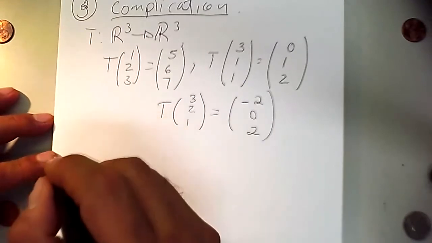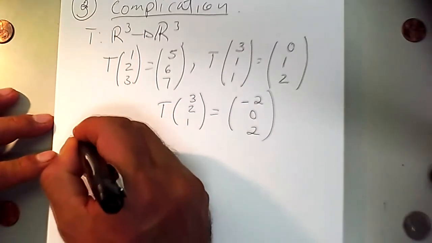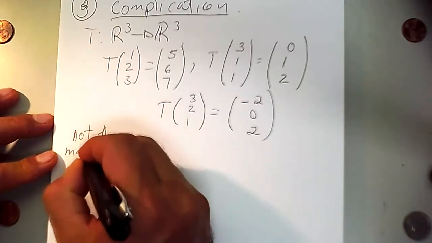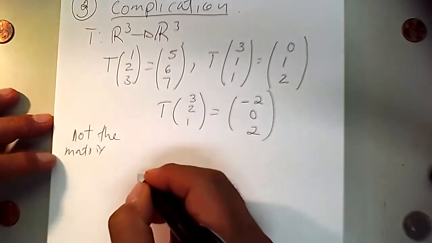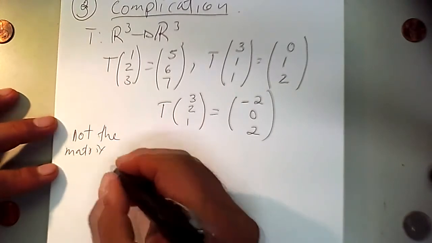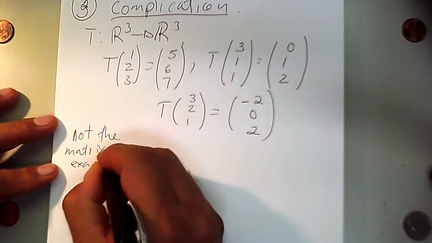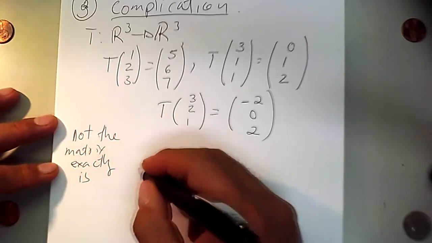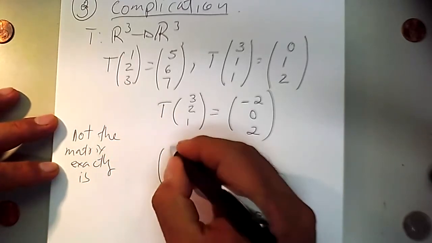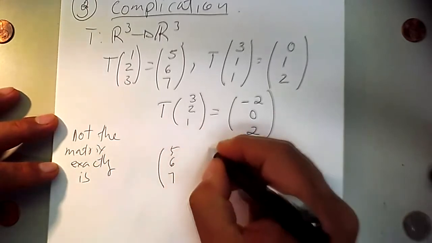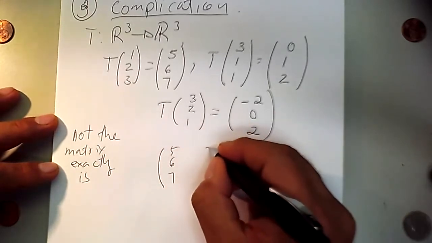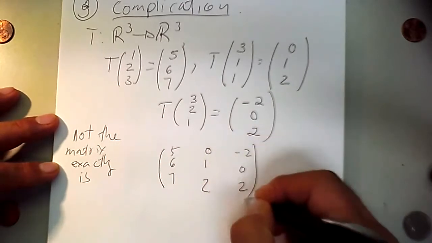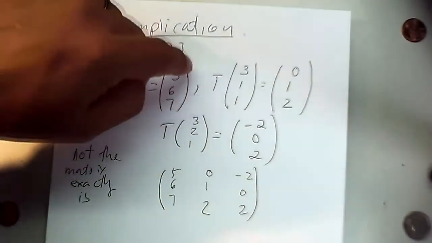So not the matrix, not the matrix. Exactly. Is if you put down 5, 6, 7, 0, 1, 2, negative 2, 0, 2, if you just put the outputs,